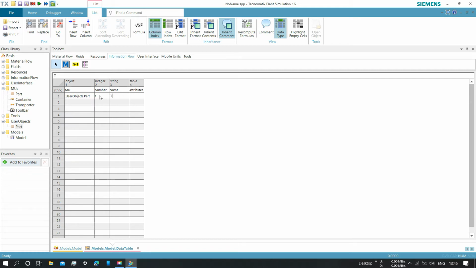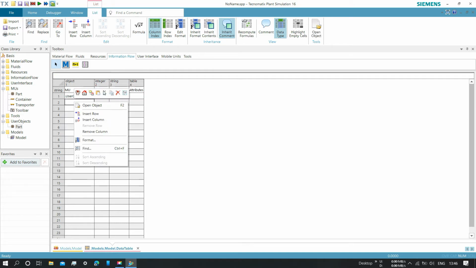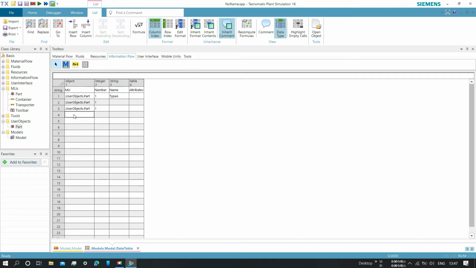The number is how many items we need to set in the sequence order, and name is the type. There are attributes too. If you want to add many attributes for our types, then you can use the attributes table.